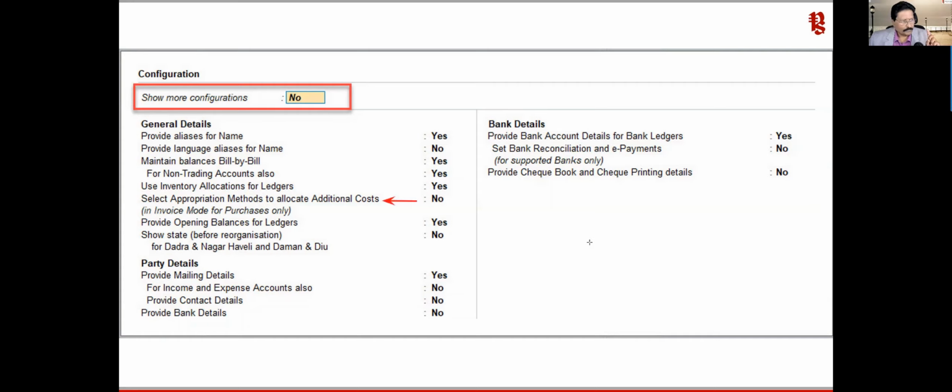and how it is going to help in recording your transactions in your organization. Now, for you to understand a little more in depth, you can see my video on magic of Tally, where group creation part 3 is the session where I have discussed the appropriation method, how and why the appropriation methods are used by different organizations.